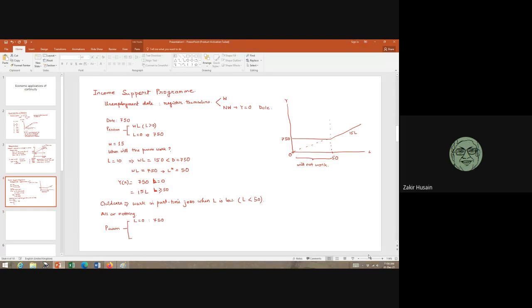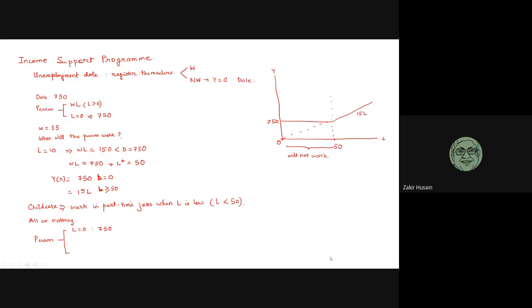If he doesn't do any work, he gets 750. If she works for at least 50 hours,